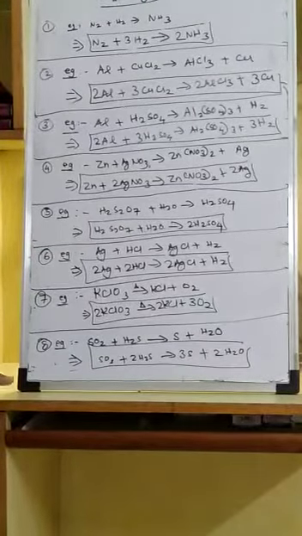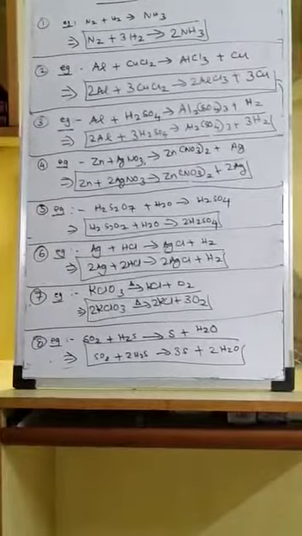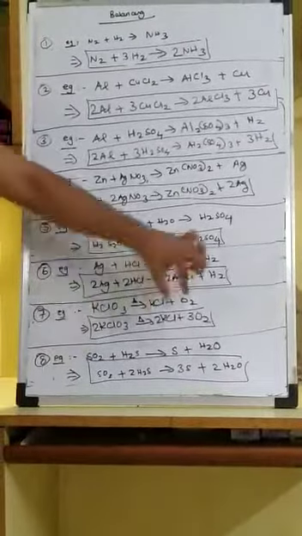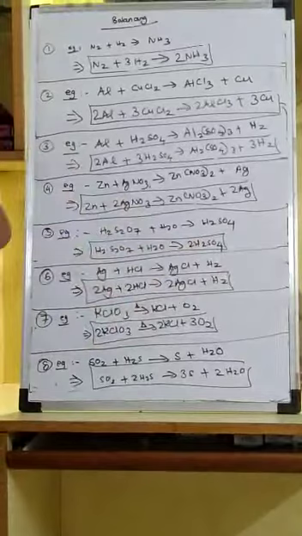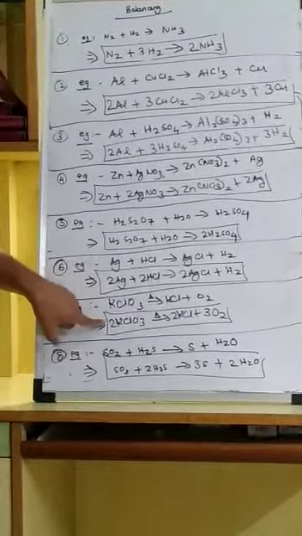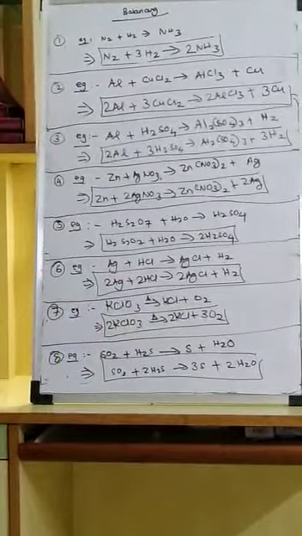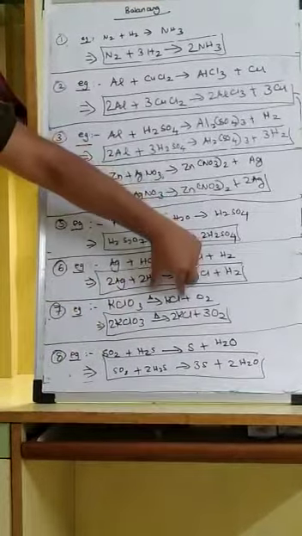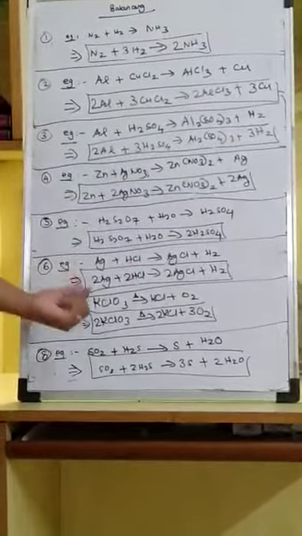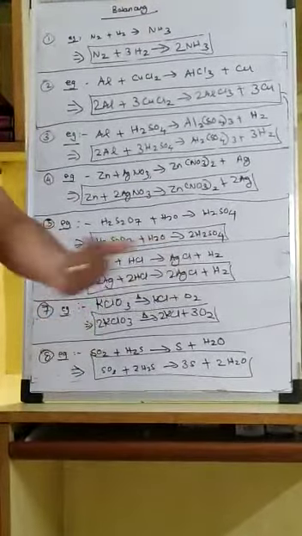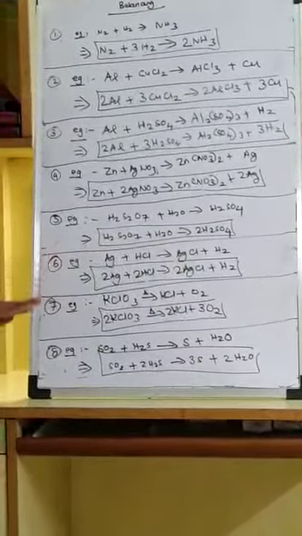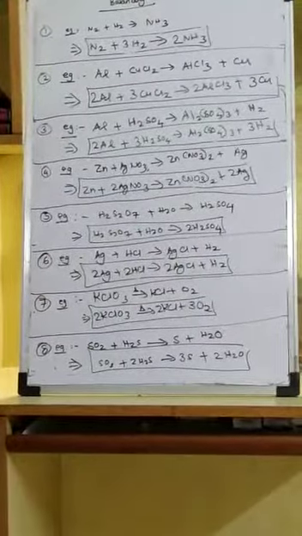KClO3, which is potassium chlorate, upon thermal decomposition in presence of heat, gives me KCl and O2. So once again, oxygen 3 and 2, let's make it 6 with a stoichiometric coefficient of 2 for KClO3, stoichiometric coefficient of 3 for O2. And for KCl, since we have made it 2 KClO3 to make it 6 oxygens, and now I have 2 potassiums, make it 2 potassiums on the RHS. Now I have 2 potassiums on both sides, 2 chlorines on both sides, and 6 oxygens on both sides.